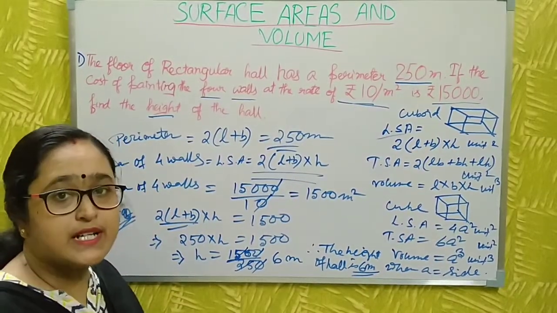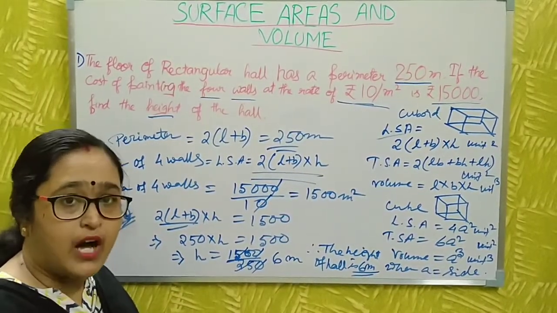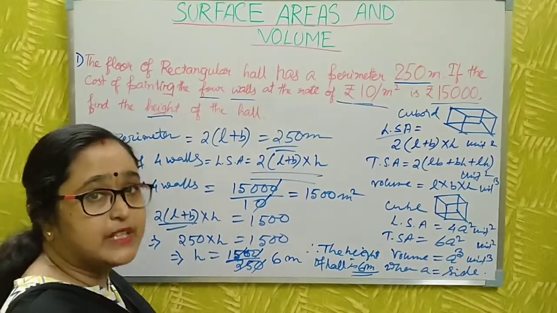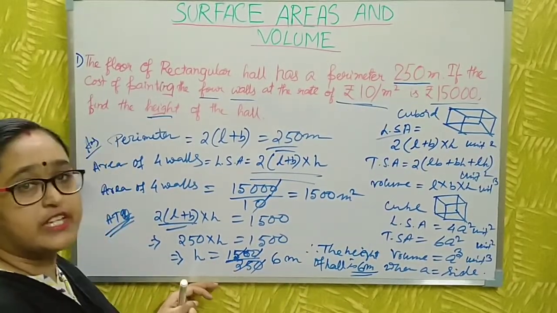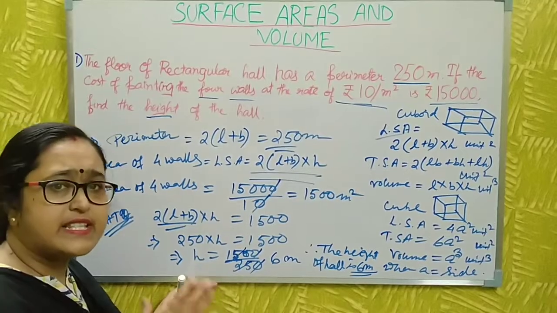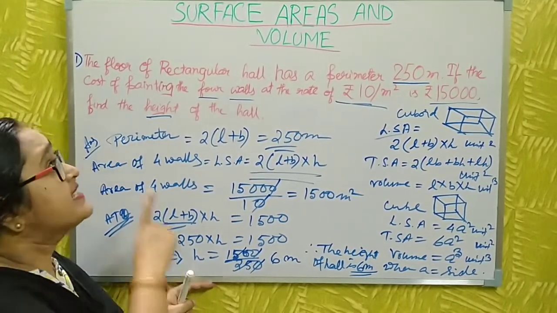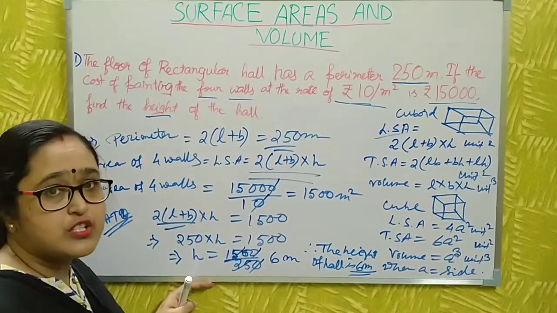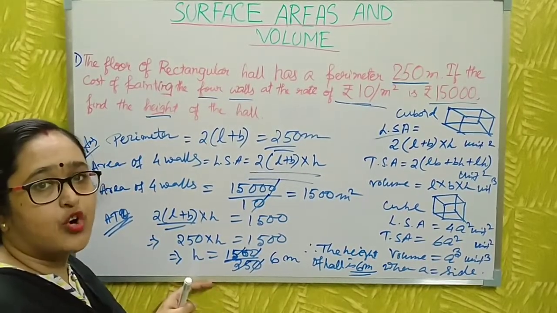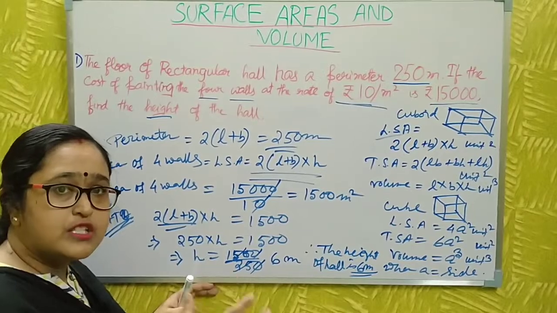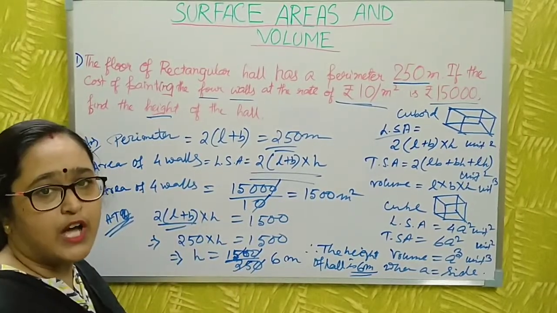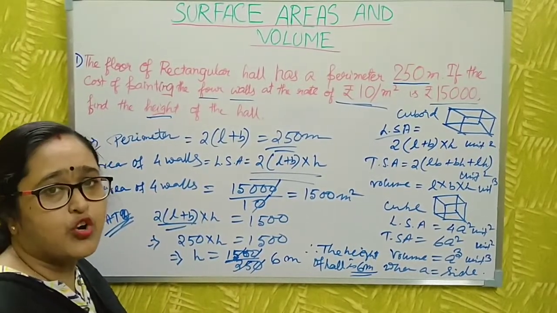Now I discuss another sum. You just go to the next part of the video. Just pause this and write all these things. This is very important for class 9 standard students in mensuration, surface area and volume. Please write it in your copy and collect all the sums based on these formulas from any book. Do it in your copy.